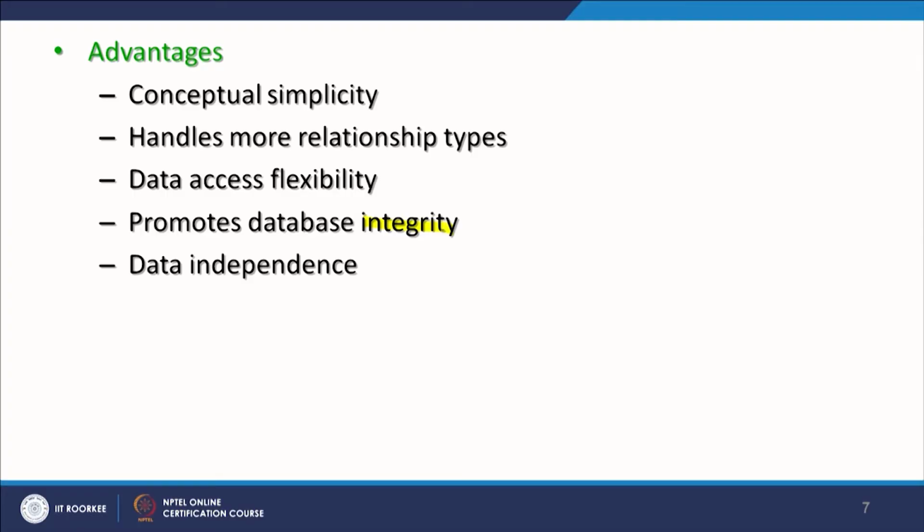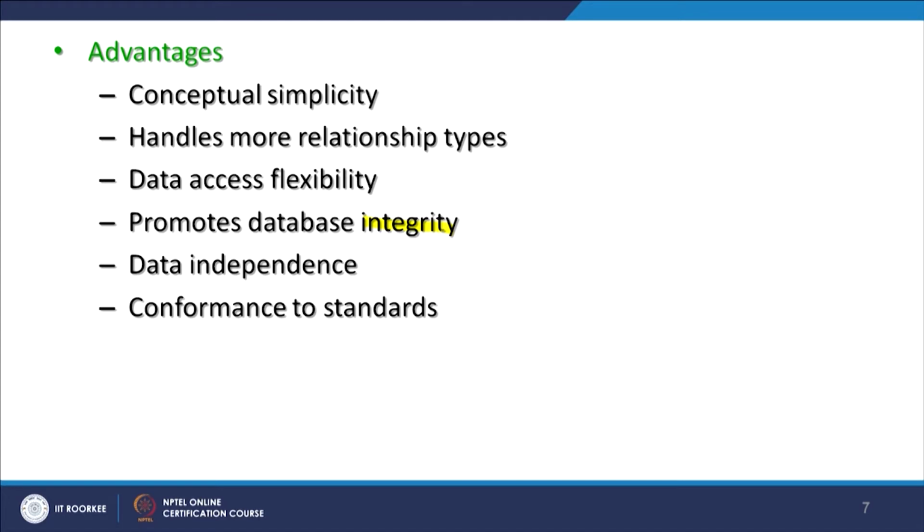And data access flexibility: a student can access the data about the courses, or faculty can access the data of courses and students of another department. That kind of accessibility is there, and it promotes data integrity. Here we are in a typical database management system, and therefore the integrity can be maintained quite well. Data independence, of course, is also there like in the hierarchical data model,